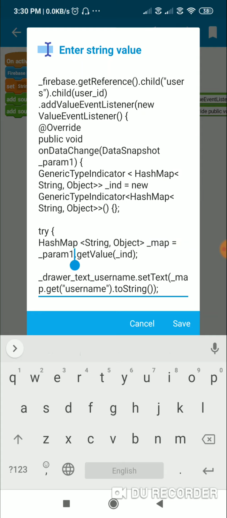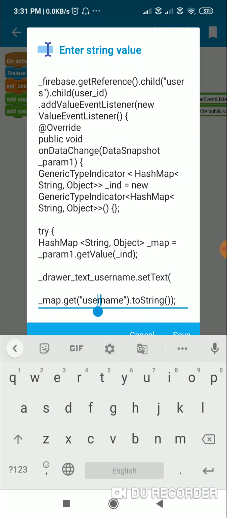This is equal to _param1.getValue(_ind). So this will get the value of the data snapshot in _ind form, which means a map variable form. This map will contain the data of that user, and from this we can get the username by writing _map.get("username").toString().